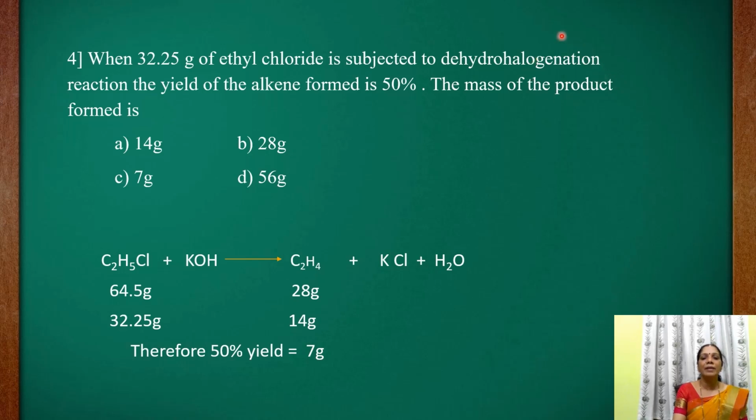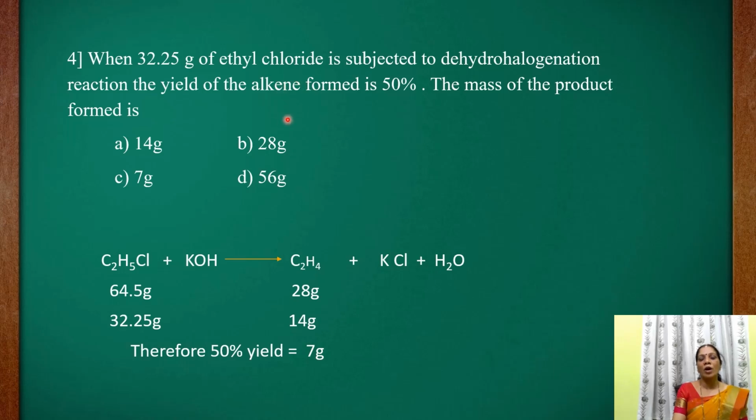Therefore, the process is called what? Dehydrohalogenation. Now, which is the main reagent used for the dehydrohalogenation? We know that the main reagent used for the dehydrohalogenation is alcoholic potassium hydroxide, isn't it? Now, the question is, when 32.25 grams of ethyl chloride is subjected to dehydrohalogenation reaction, the yield of the alkene